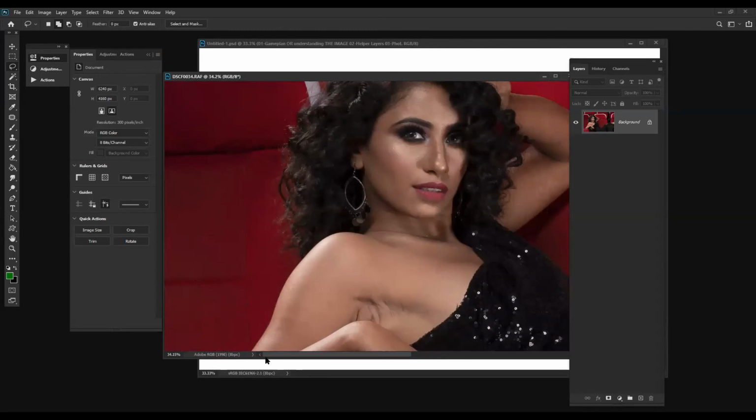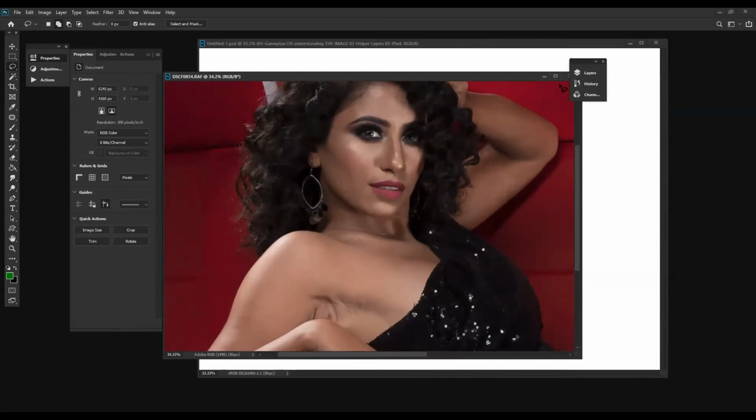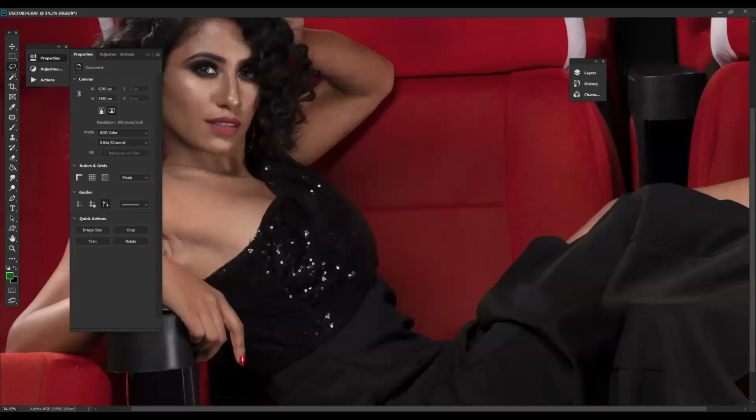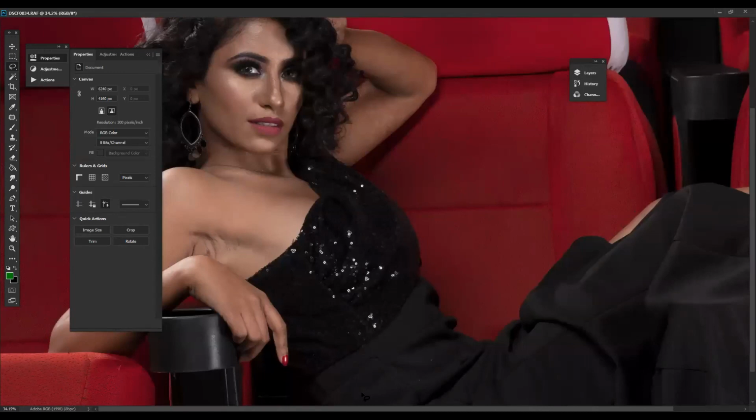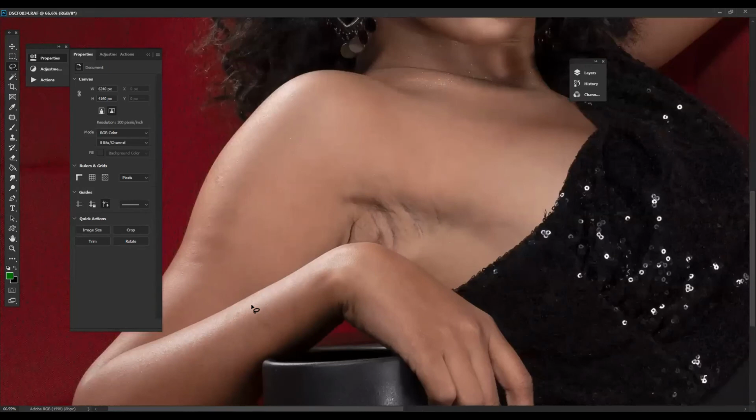Now suppose I want to make a very sharp-looking, a very distinct look of this area.